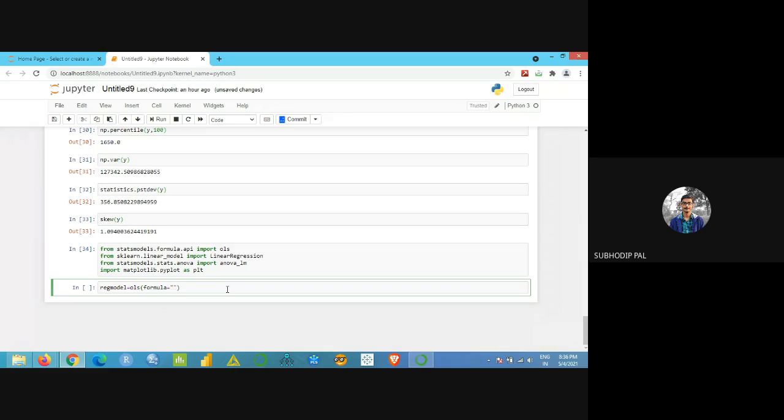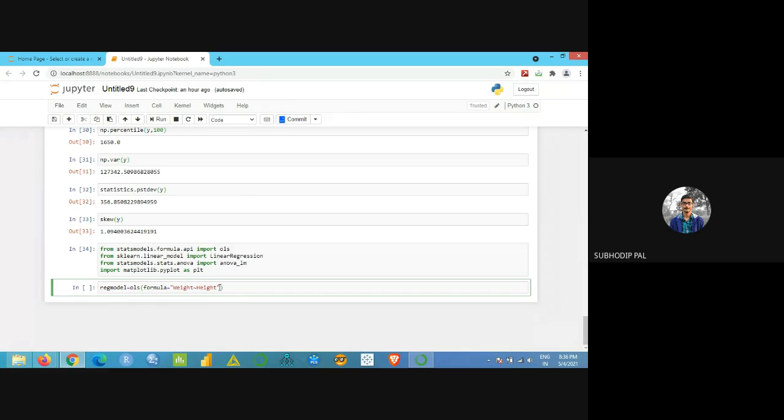Then in double quotes you have to write weight, then use the tilde key, which is just below your escape button. Weight tilde height. The first one will be considered the dependent variable and the second one the independent variable.